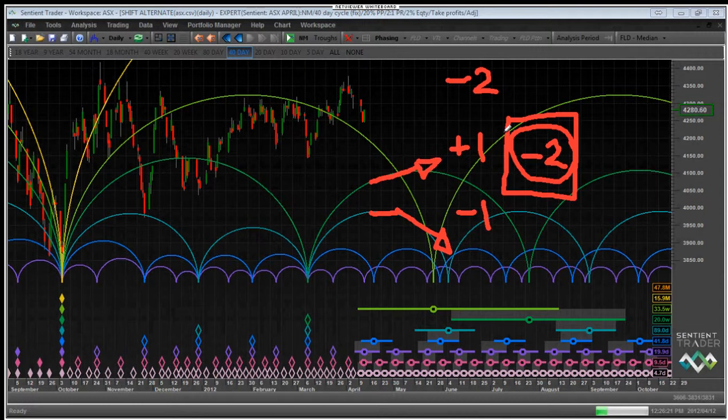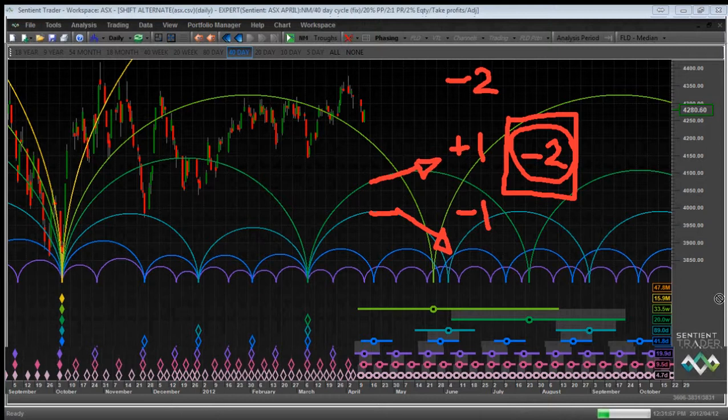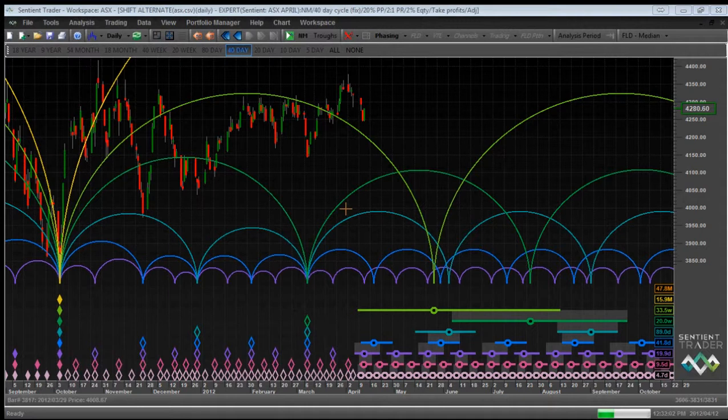What that actually means is that all cycles longer than the 40-day cycle are, in general, there are a total of 2 cycles pushing down. Okay? So 2 cycles pushing down might not sound very serious to you. In fact, it is quite serious. When 2 cycles are pushing down, generally, there is quite a lot of downward pressure on the market. Okay? So, what does that mean?